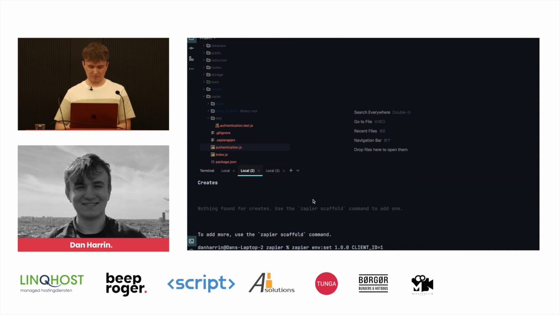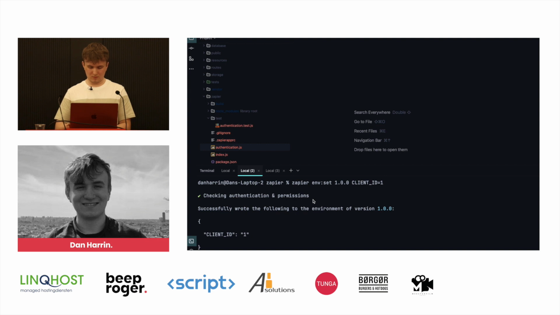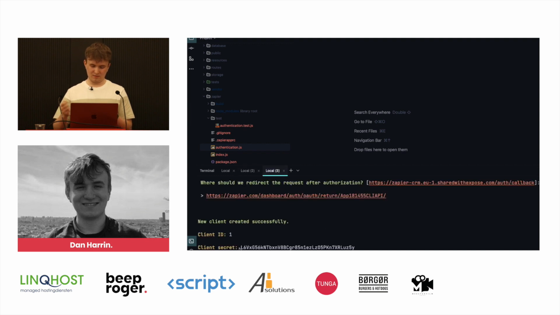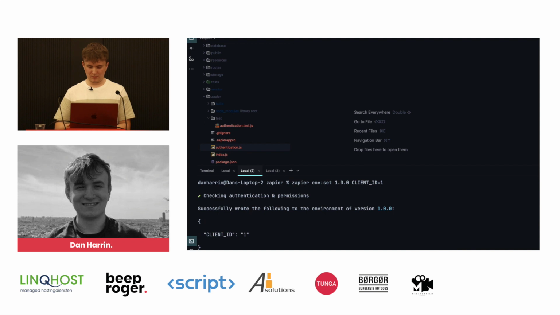That sets the environment, uploads it to Zapier, and the client secret as well. I'm going to copy that straight from Passport. Now it's also uploaded that. So now Zapier knows everything about the authentication side.